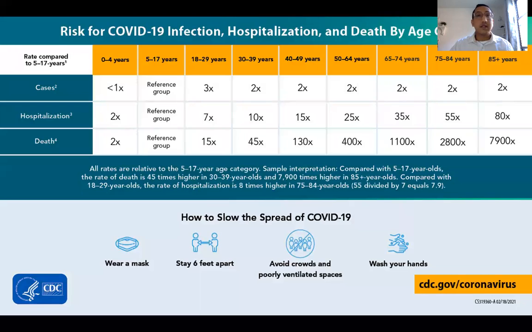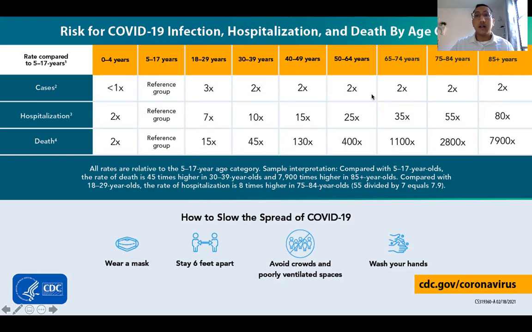Here was an interesting table I found from the CDC. They put the risk of the severe form of COVID and made different age brackets to show the increased risk that different groups have. For their reference group, they put 5 to 17-year-olds and just calculated the rates of risk for each group. So we see that